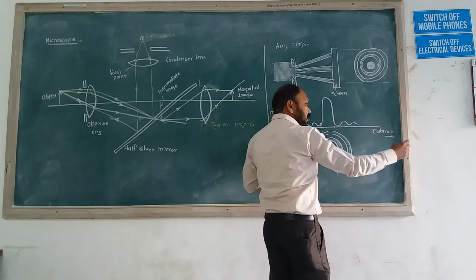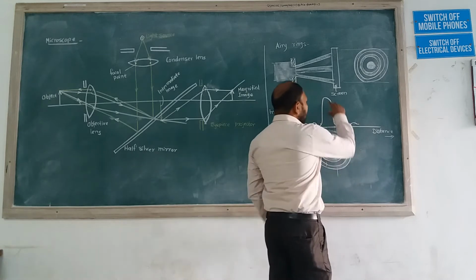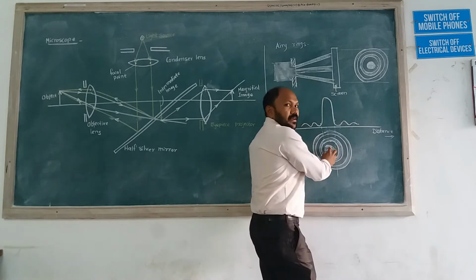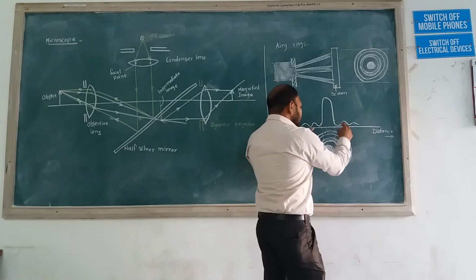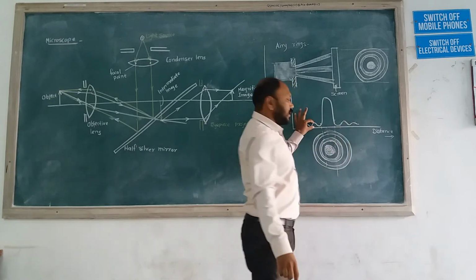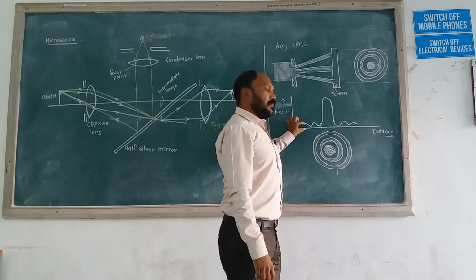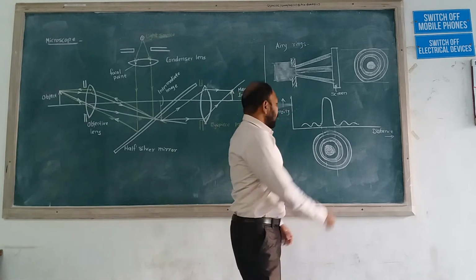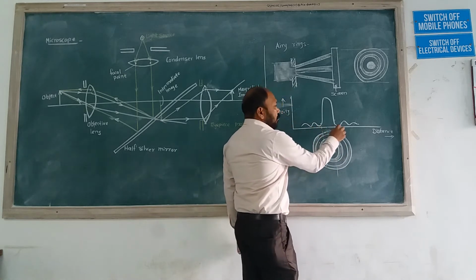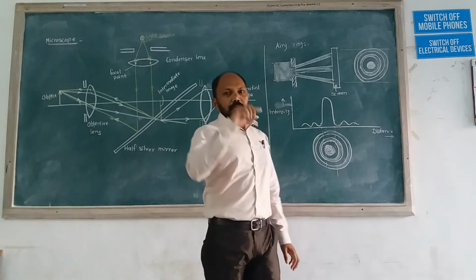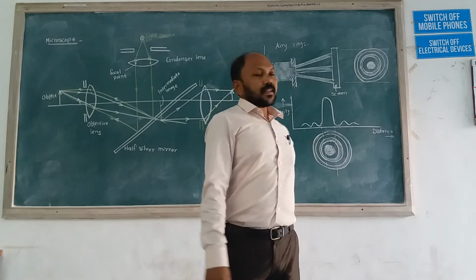As we move towards the outward direction, the intensity gets reduced. Here the spot is very bright, so intensity is very high. Again, intensity is reduced, so this peak or amplitude is less as compared to this amplitude. Here again amplitude is reduced. And at this region light is not available, so those are the bottom points. Light is not available, so no amplitude is available there. So this is called Airy's rings.